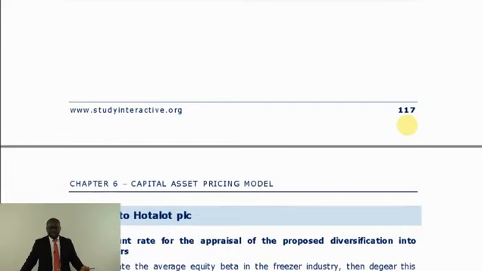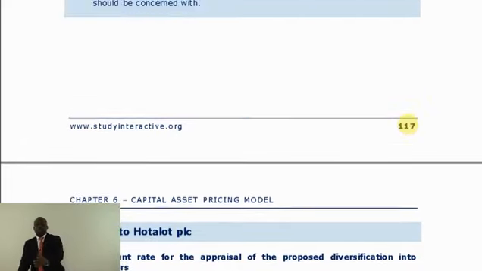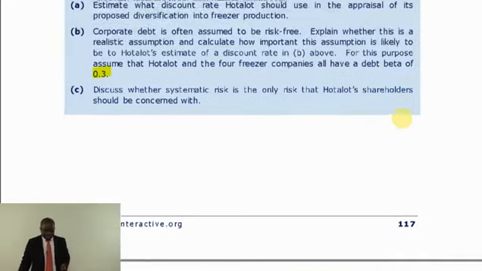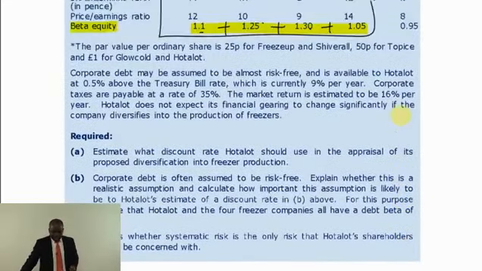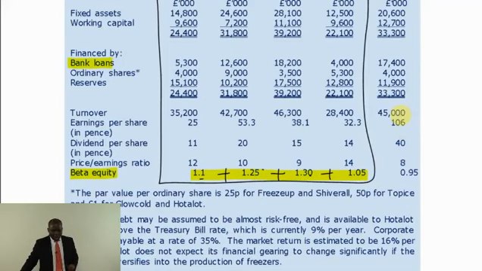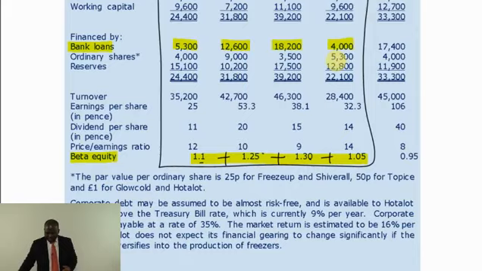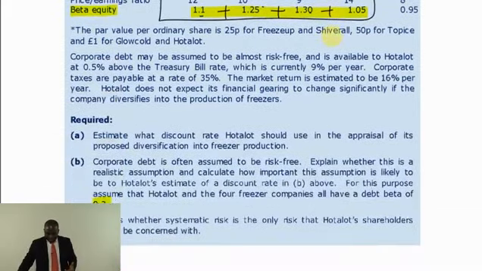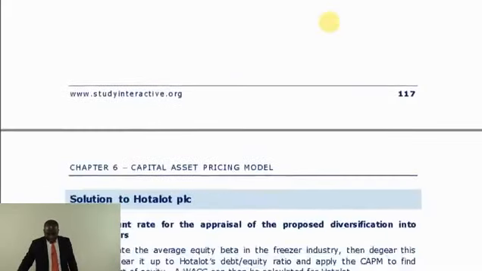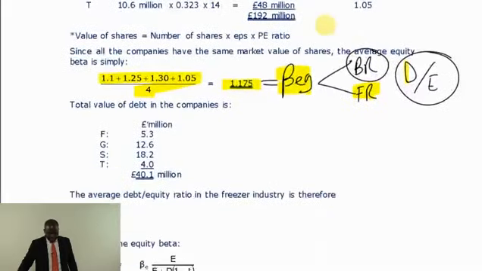Now go to the question. Go and look for all the companies in that industry. What is their debt and what is their equity? If you go to the question, you see here that all of them have bank loans. So the bank loans, this plus that plus that plus that, is what gives you the total industry debt. When you sum it up, that is what we sum down there, and then we give you the total value of the debt. So that is the debt figure in there.